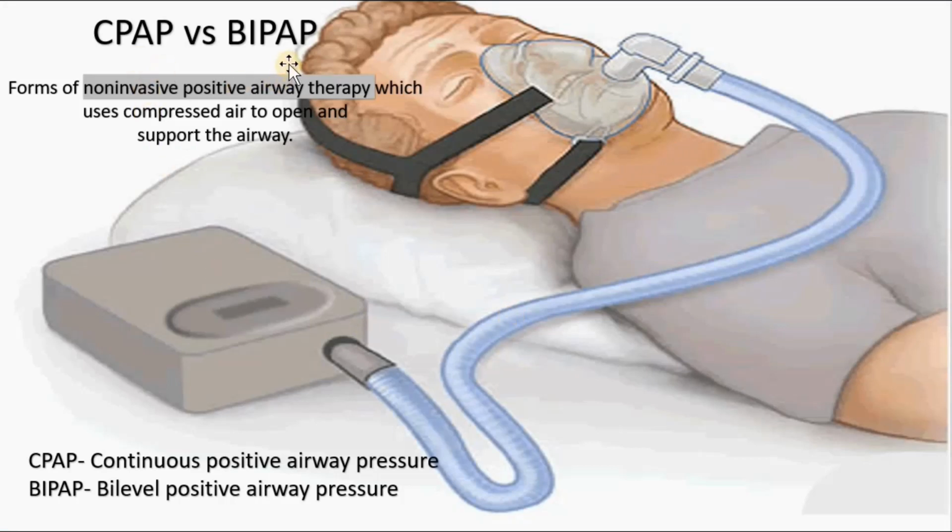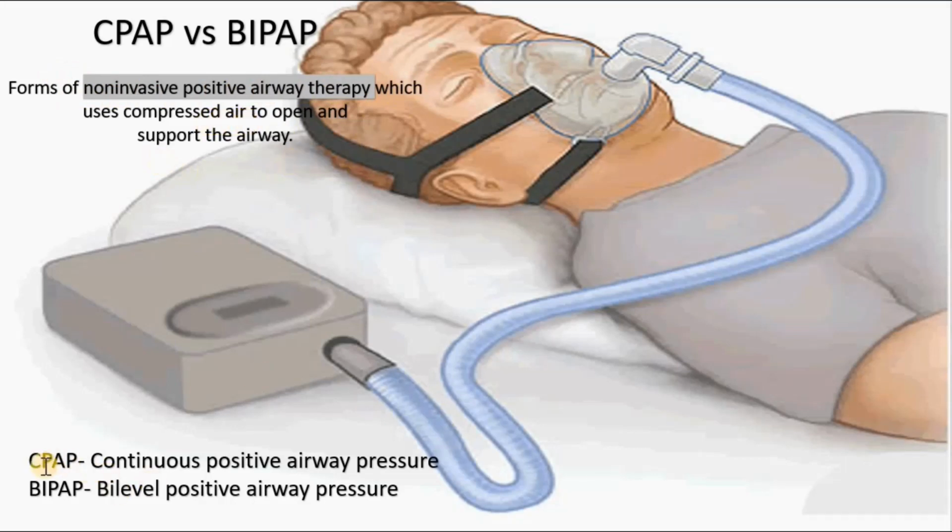So what is CPAP and BiPAP? They are forms of non-invasive ventilation. That means it is not invasive. An example of invasive ventilation is mechanical intubation or an endotracheal tube. So they are non-invasive forms, and they are positive airway therapy. What is positive airway therapy? That means air under pressure is given to the airway and it helps to keep the airway open. So they are forms of non-invasive positive airway therapy which uses compressed air or pressurized air to open and support